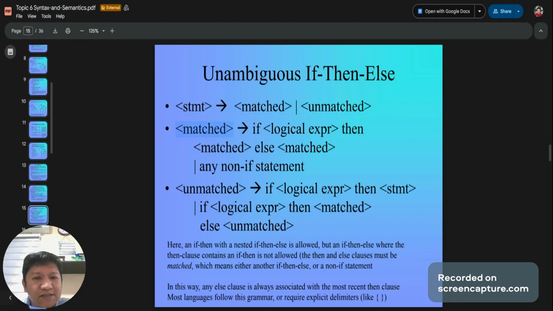Match contains if the logical expression then match, else match, or any non-if statement. Unmatch means if the logical expression then the statement, or if logical expression then match, else unmatch.